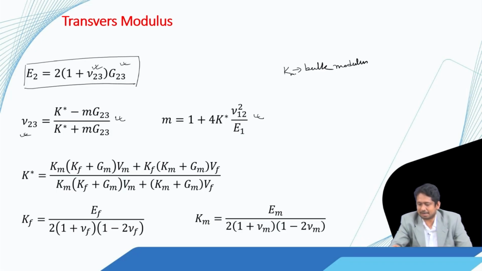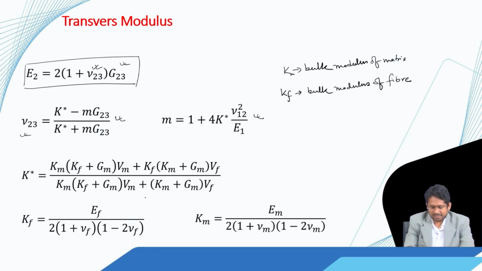So, if I have Km, that is the bulk modulus of matrix, and if we have Kf, that is the bulk modulus of fiber,